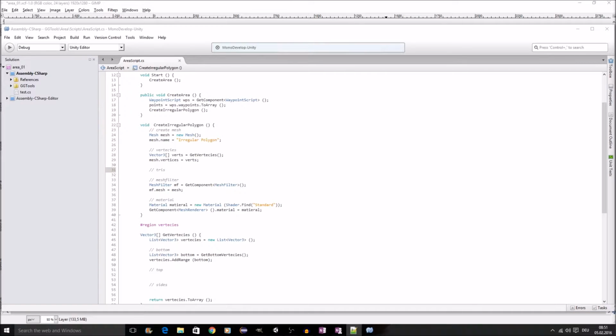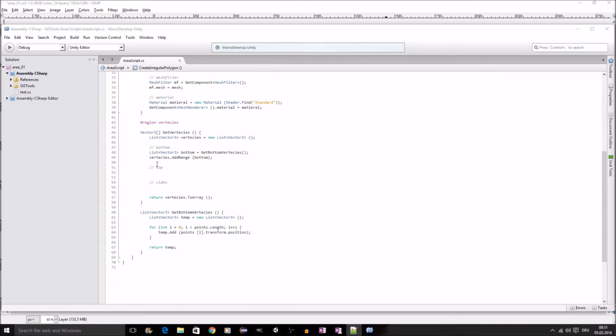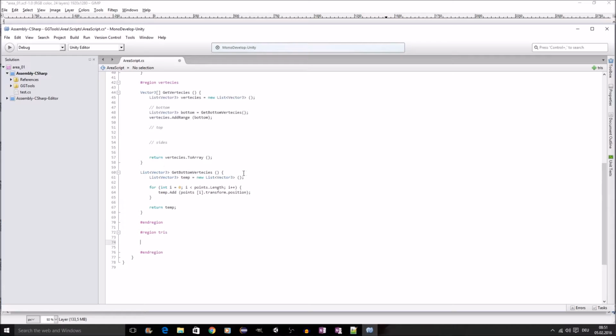So, what is still left to do is end region, because we started this region up there, and we're going to start a new region called tries, and I'm just gonna end it right away so I don't forget. That would cause an error. And as we've said, it's an integer array that we need. So the function will be called get tries,